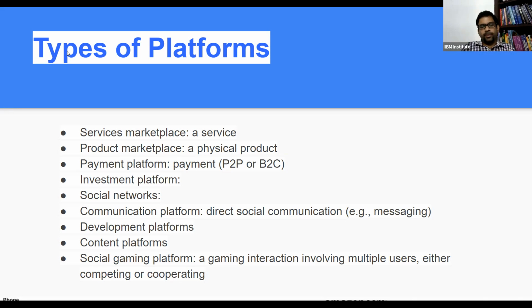Basically, as per the straightforward definition, we can't consider that a platform business because there is nothing called a buyer or a seller, or a service acceptor or a service provider there. Instead, people are coming together and interacting with each other. But how are we defining social networks as a platform? Because a lot of people of different interests come together on the social platform and interact with each other.